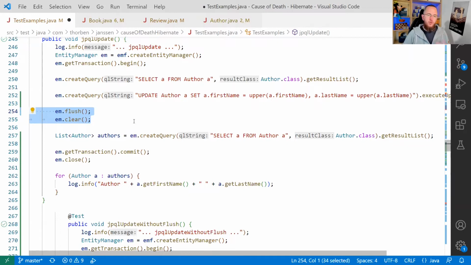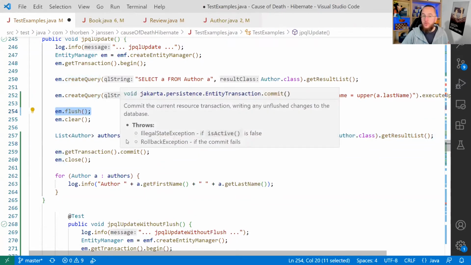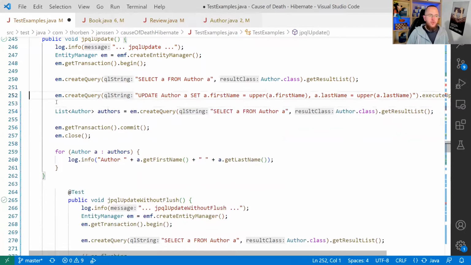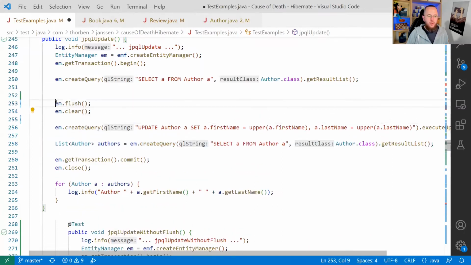So from the end result, we got exactly the same. We flushed before and cleared the context before we executed the second query. The only difference is here with this query and this flush, we are executing two flush operations on a full persistence context with lots of objects. And if we do it before the update statement,